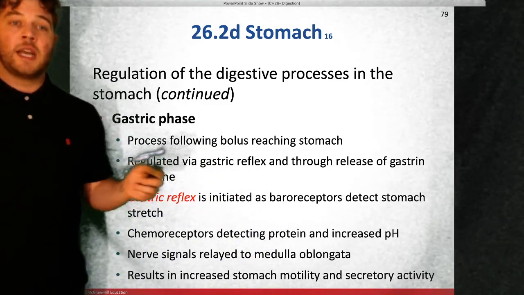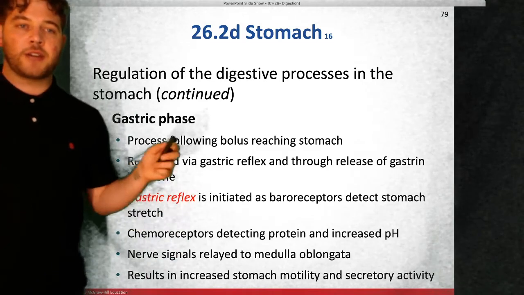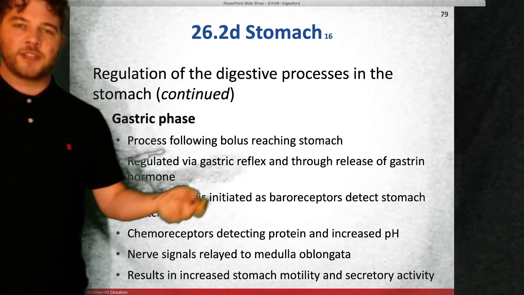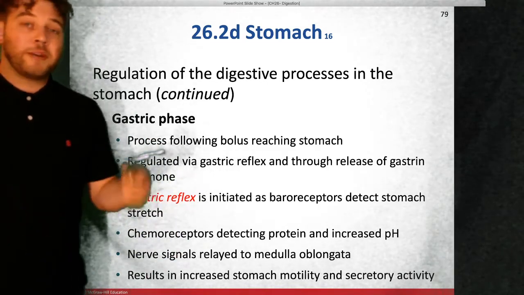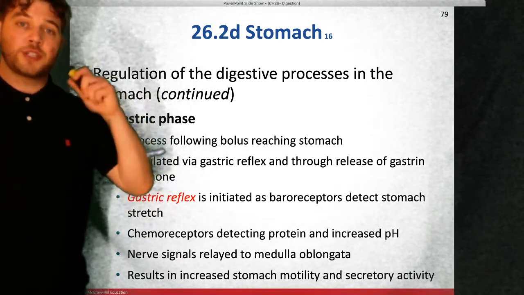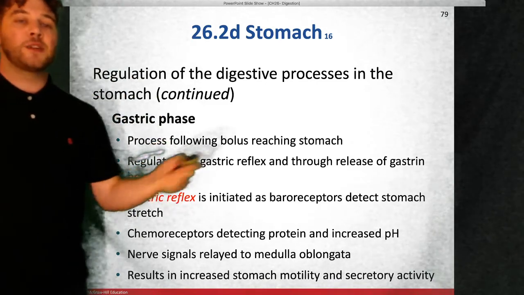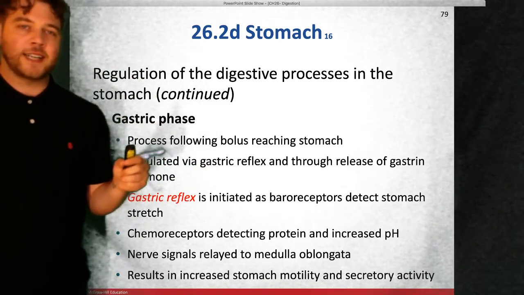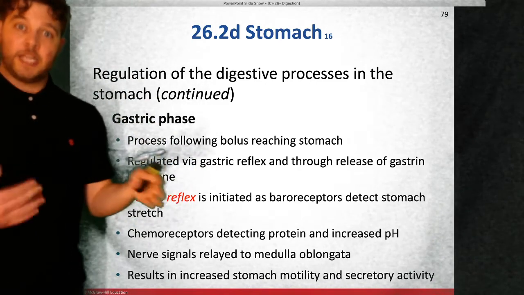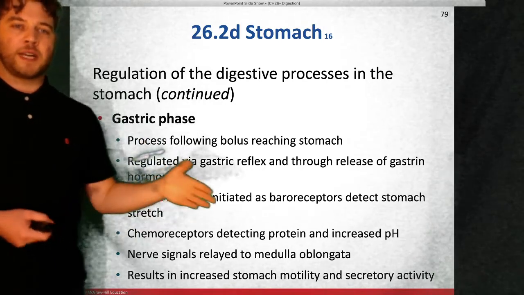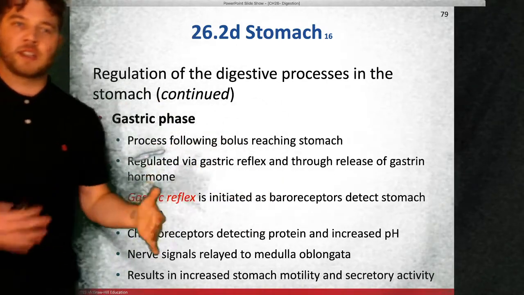The reason for this one, the cephalic phase, gastric phase, increased stomach activity, is because your body doesn't know how much you're going to eat. It knows that you're hungry and that you may want to eat something, and maybe you have started eating, but it doesn't know, is this just a little snack to tide us over, or are we eating for winter here? So our body initiates this process just to go ahead and get things